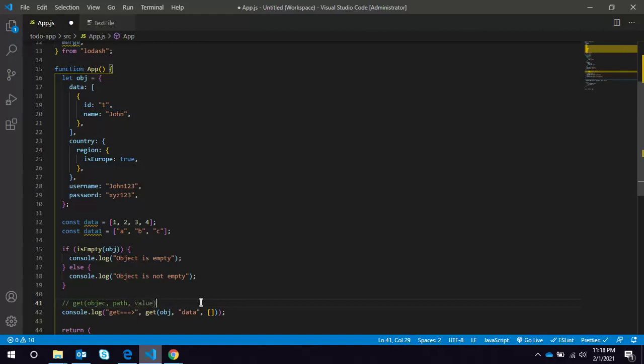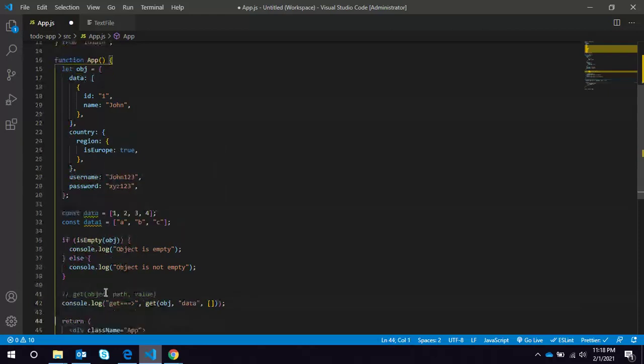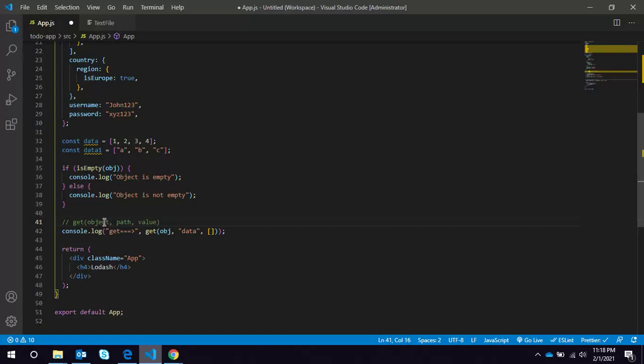The first parameter holds the object, the second parameter is where we provide the path, and this is the default value.